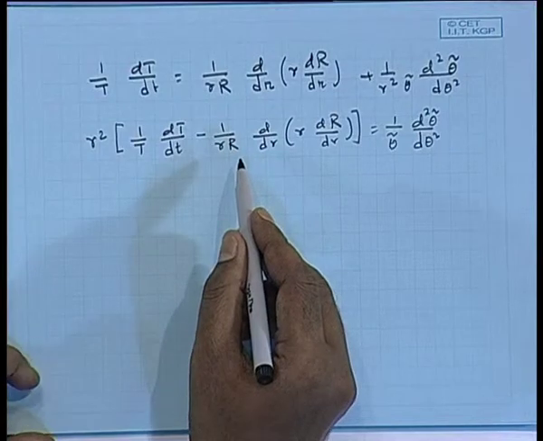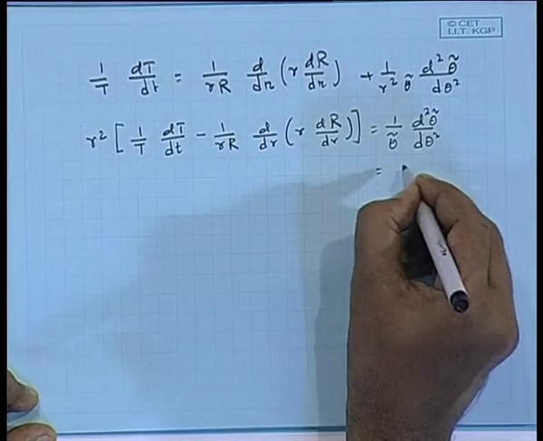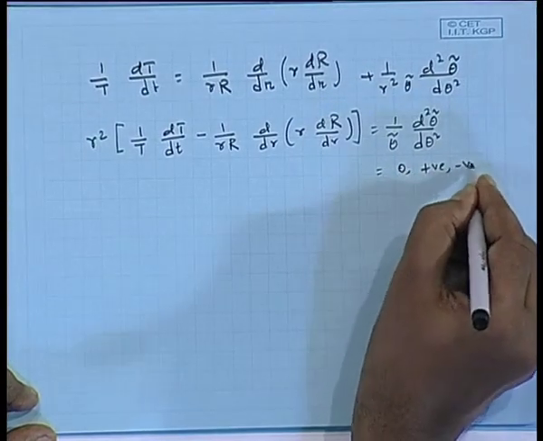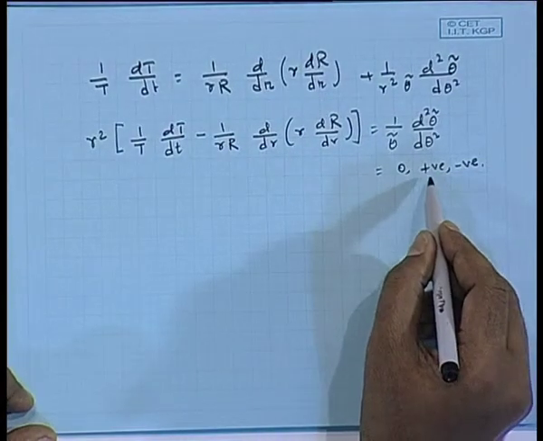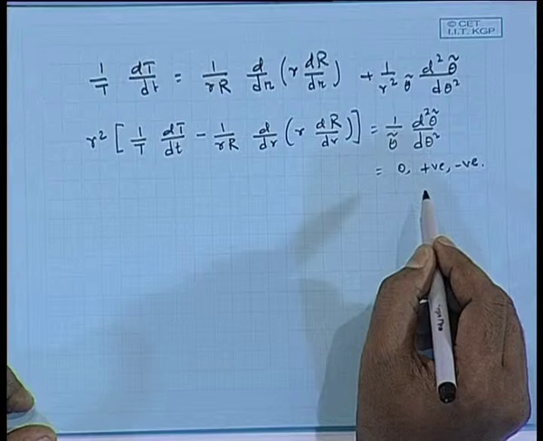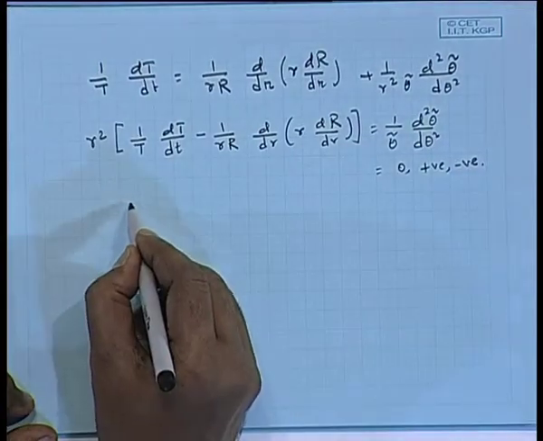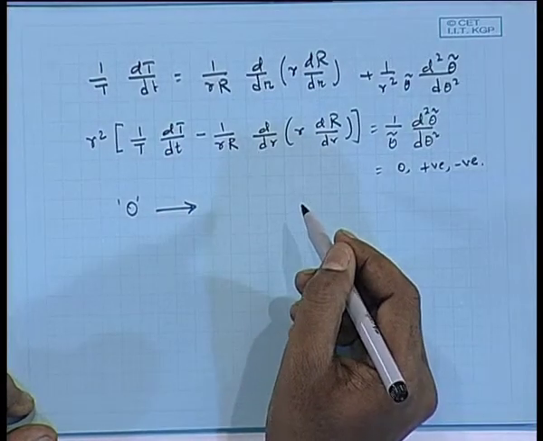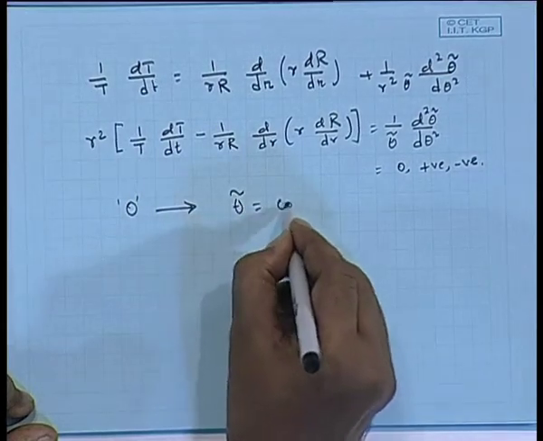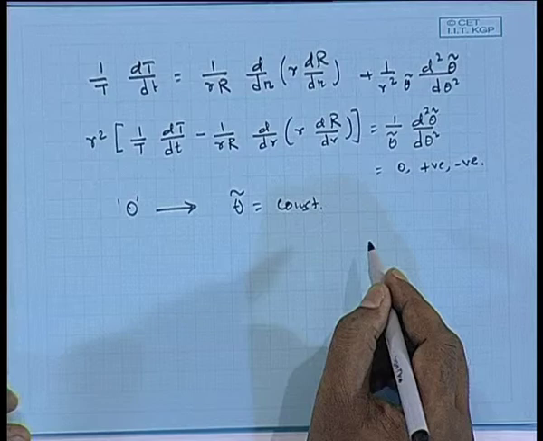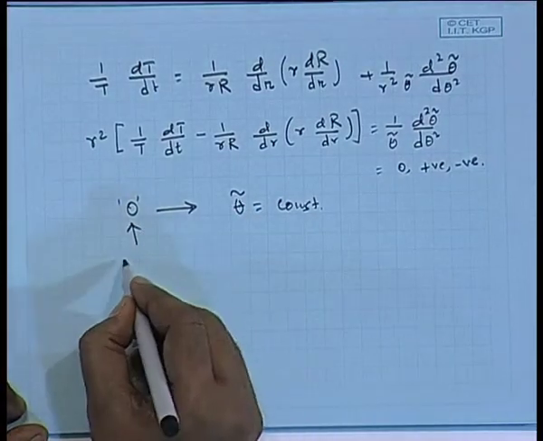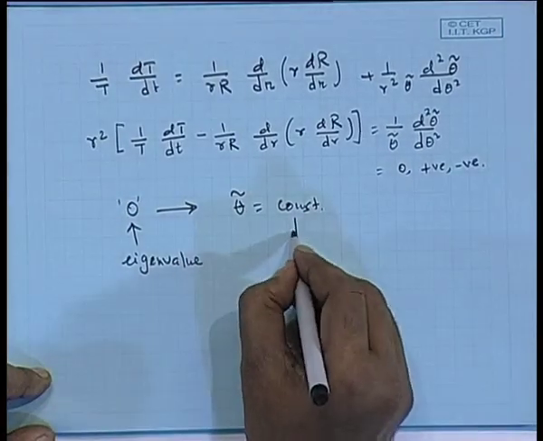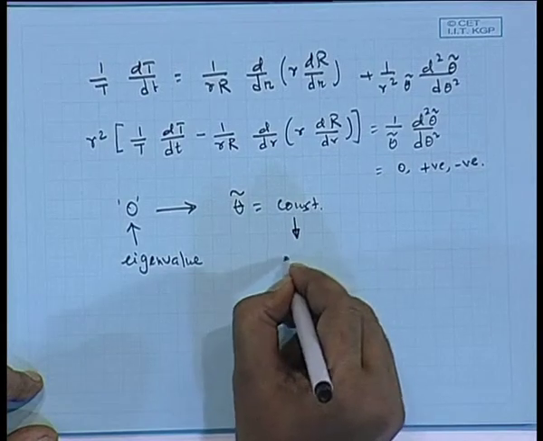Now, the left hand side is a function of r and t alone, the right hand side is a function of theta, so they will be equal to some constant, and that constant has to be zero, positive or negative. Now, if this constant is positive, you will be getting a trivial solution that you can check out. Now, if this constant is zero, then you will be finding a non-trivial solution. What is that? Theta hat comes out to be a constant. I think we have done all the derivations in the last class. So, zero will be an eigenvalue of this system, unlike the previous cases, and some constant will become the corresponding eigenfunction.